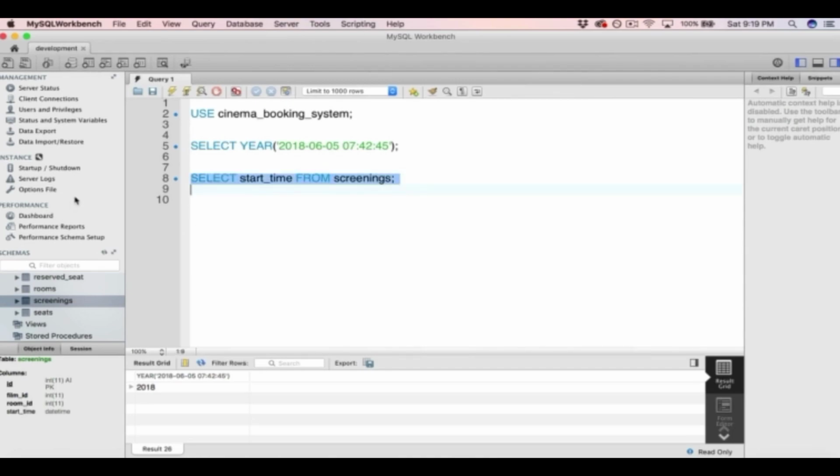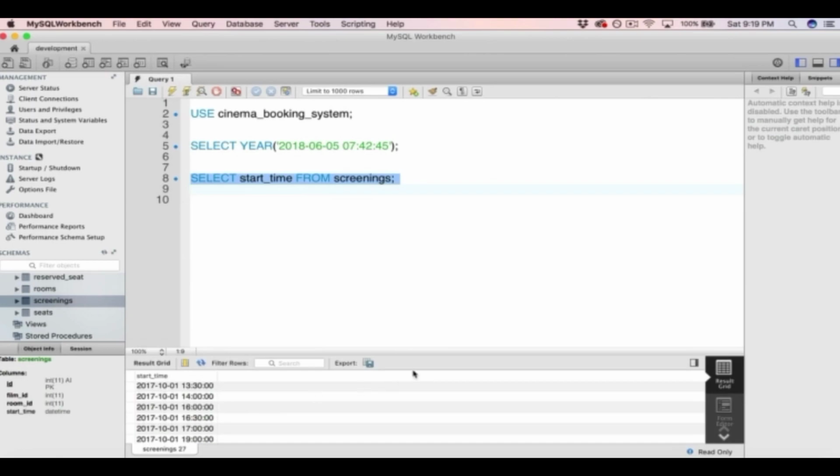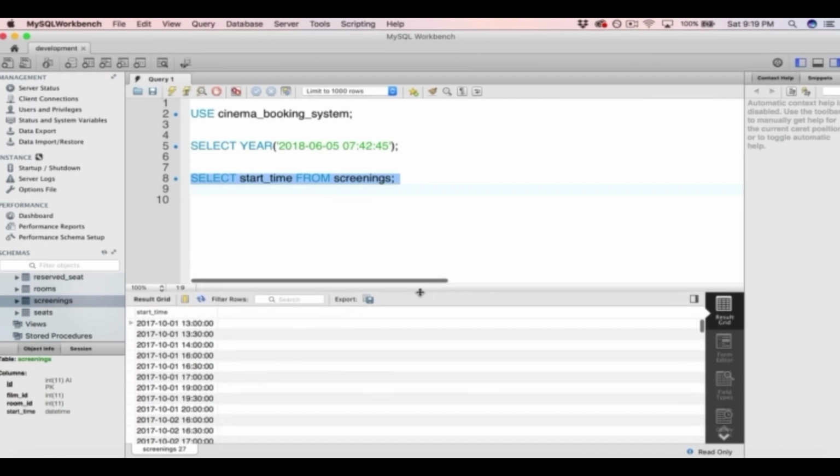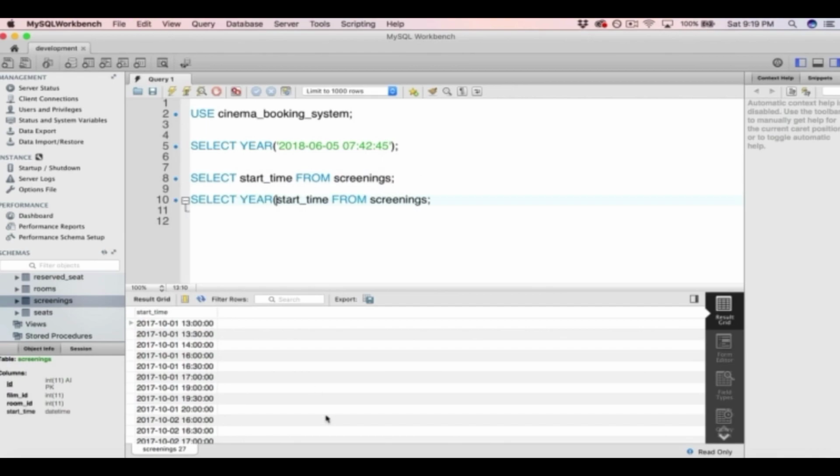So here I've selected start time from screenings again, and you can see it returns a datetime data type, so 2017 October 01, 1 PM, and so on and so on. And if we copy and paste this query and then add our year function to our start time column, so year and then start time in brackets, and